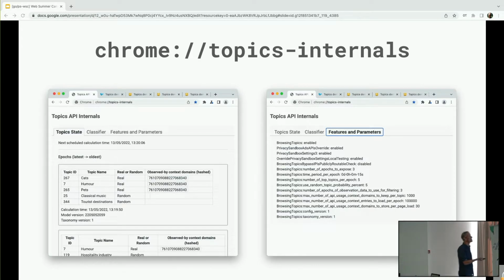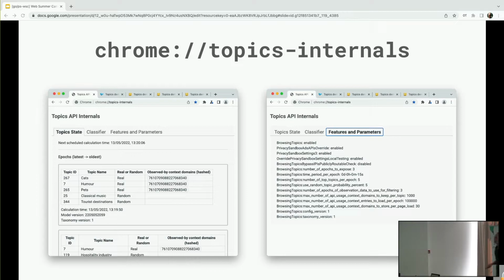From this page, Chrome Topics Internals, you can see my browsing history recently, where I'd been to some sites. I don't know if you can see this, but its view is that I'd seen sites about cats, humor and pets, which is real.